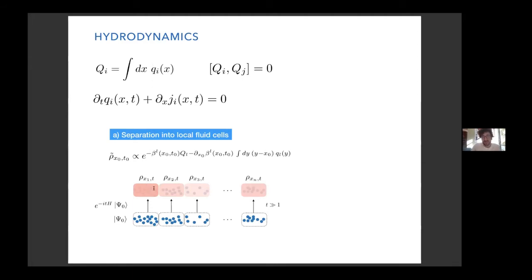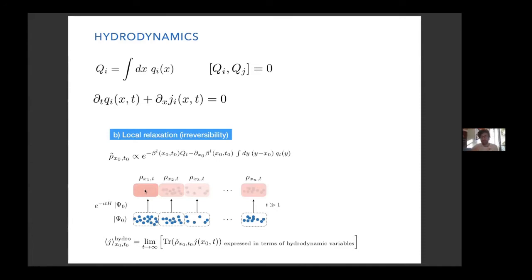Basically, we can think that locally there is some kind of Gibbs ensemble describing the system, but also modulation, because these chemical potentials we should not think of as completely flat. They could also be modulated. For example, the first correction would be some linear slope in the density for the chemical potential in our system. So this is the first assumption, and the second assumption is basically that the expectation value of operators